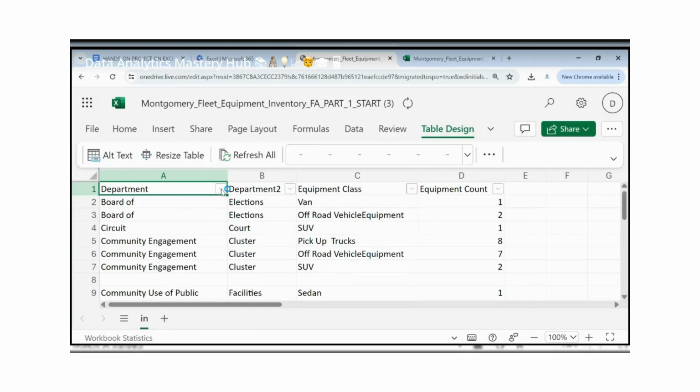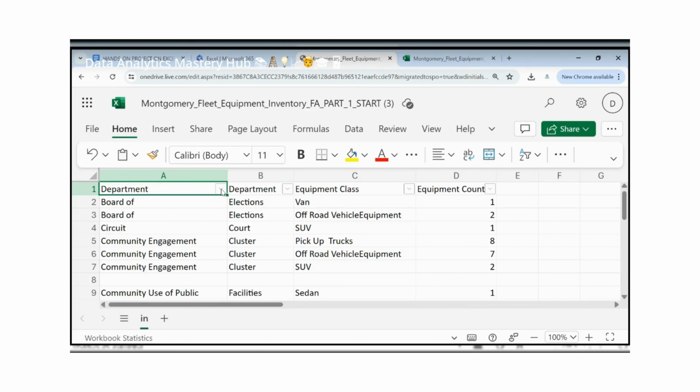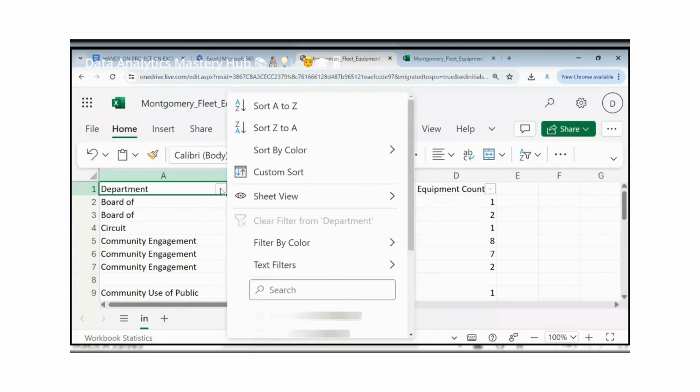So let's see. You click on that downward arrow in front of maybe the primary column. The primary column is that column that you are very sure can never have any empty value. We call empty value null value in data analysis. So that is the column you use to filter out blanks. And we call that kind of column primary column or primary key. Okay. So now